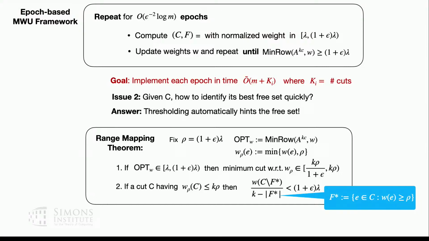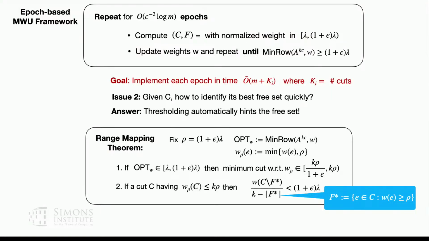So there are two spaces. One space is the original weight, and the second space is on the truncated weight, right? As long as the optimum is inside that range, then the min cut is going to be inside the smaller range. And the second property is that whenever you find a cut such that the truncated weight of that cut is smaller than k rho, that is a good cut, meaning that you can take that cut together with the